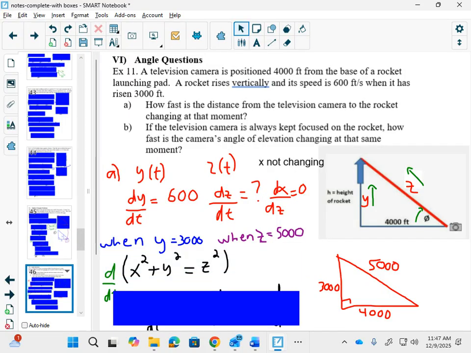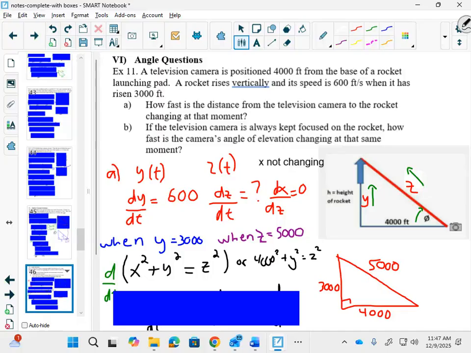Now, two ways of going about this. We set up our equation. One way you could set up your equation is x squared plus y squared equals z squared. Or you could set this up because the x is set at 4,000, we could write this as 4,000 squared plus y squared equals z squared. I actually probably prefer the second one